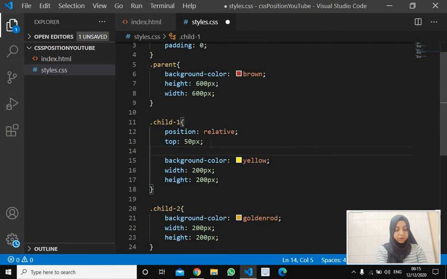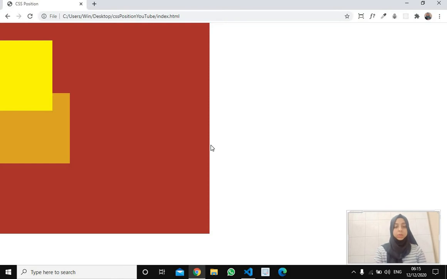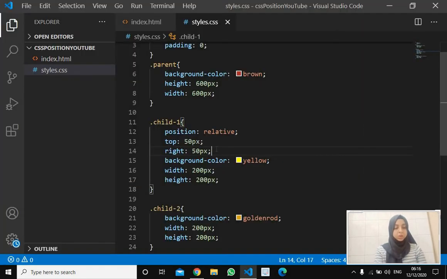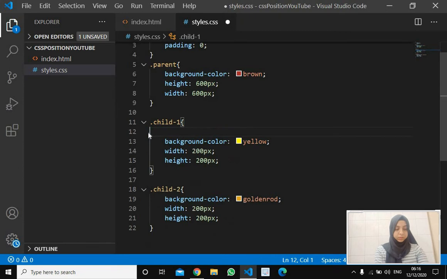So for example, if we give it a right of 50 pixels, can you see it moves 50 pixels from itself? So this is what position relative does. So that was position relative. Okay, so now let's see position absolute.